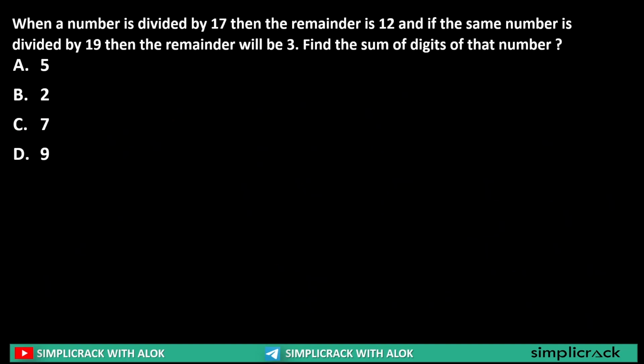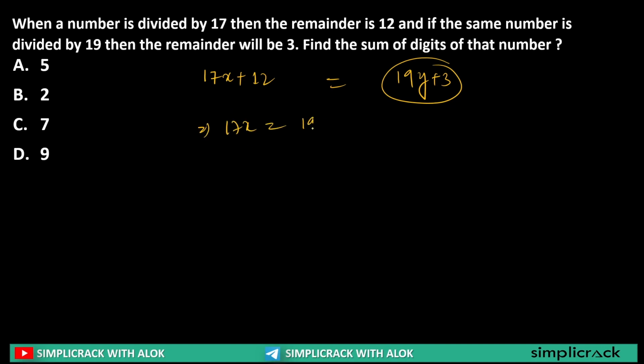Okay. Now, when a number is divided by 17, the remainder is 12. That means the number is 17x plus 12. Yes, sir. If the same number is divided by 19, the remainder will be 3. So for example, if a number is divided by 19 and the remainder is 3, it will be 19y plus 3. That's right. And both these numbers are equal. Yes, sir, you are right. So I can say